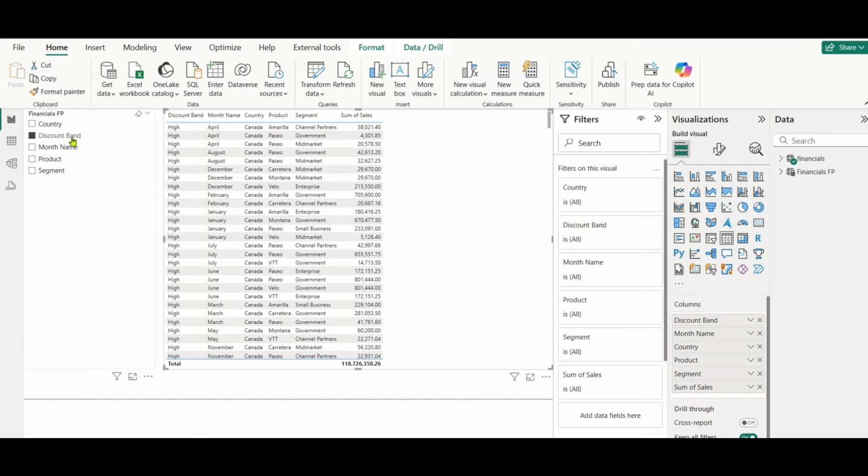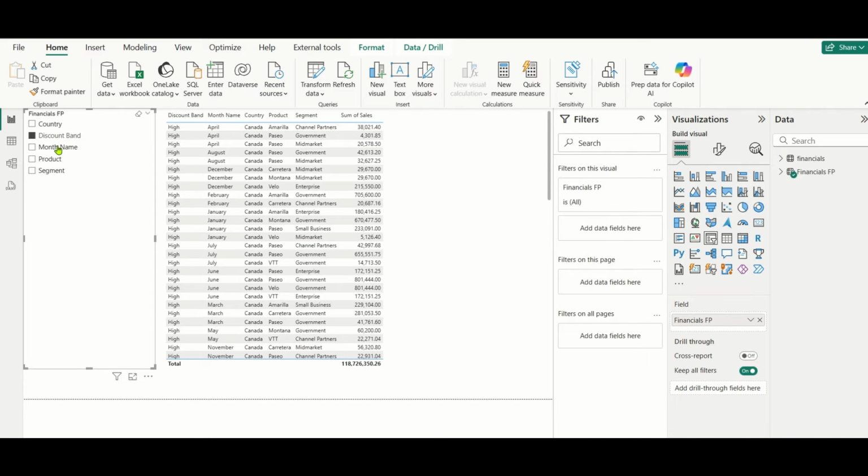Okay, so now if you select anything, this will not work because we do not have any relationships between this financials and the financials FP table, right? So this will not work in any way. So in order to change the ordering of this in this particular table, what you need to do is